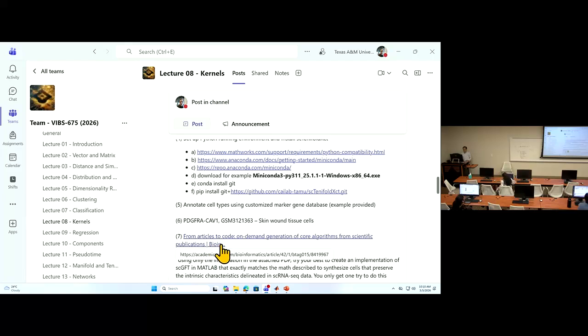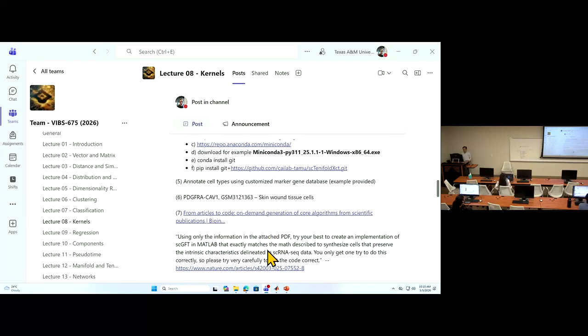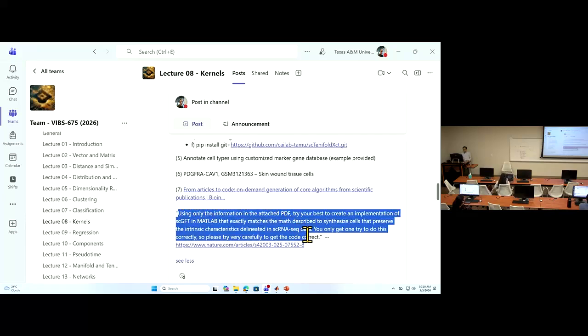At the end, we will read this paper together. This paper is called Articles to Code. The idea is you can give ChatGPT or another language model this prompt, like, please read the paper in the PDF and then implement this method in MATLAB. So the language model will read the paper and write the function for you. So that will be your homework, and then you need to find the right paper. For example, this is the paper I found as an example. If we have this paper, we download its PDF, upload the PDF to GPT